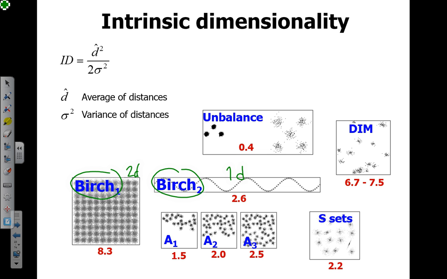So this intrinsic dimensionality calculates the squared average of distances and divides it by the variance of these distances. This gives an estimation of this complexity, and these numbers give some estimation. For example, the unbalance set is a good test case, but its dimension according to this is actually quite small. Whereas with the dim sets, even if the real dimensionality increases, this measure doesn't change much. So from that point of view, the dimensions aren't really affecting much.